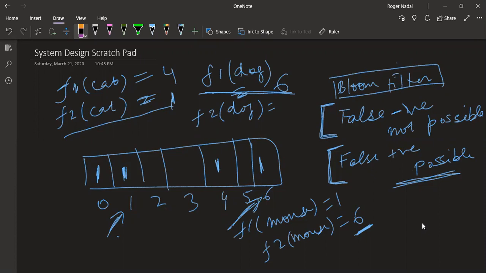One good example on false positive and false negative would be, let's say you hash the word rabbit and it gives you value 4. This is a false positive, because there is a bit already set on 4, but rabbit doesn't exist in our data set. So then you will have to go in and check equality as well: if you go on 4, do you really have rabbit or not? Which will turn out to be false in our data set. But if hashing rabbit with another function would have given you 7, you would have been definitely sure that rabbit does not exist in this data set. Someone else also asked this question a while ago. This is a simple, straightforward example for false negative and false positive.